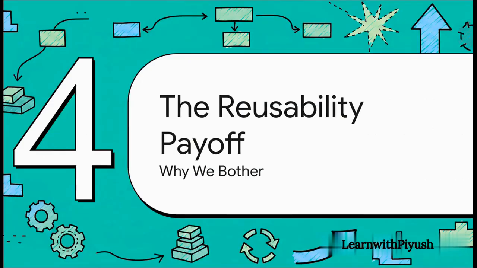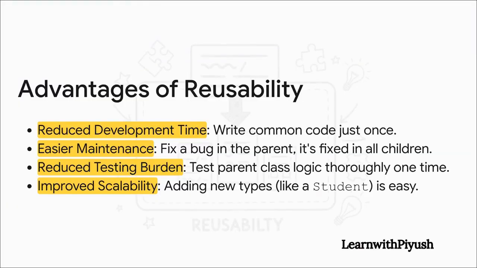So we've set up this whole hierarchy. What did we actually gain from all that? Well, let's look at the incredible payoff we get from designing our code this way. The benefits here are massive. We write way less code, which speeds up development. If we find a bug in a method inside that parent person class, we fix it in one place, and